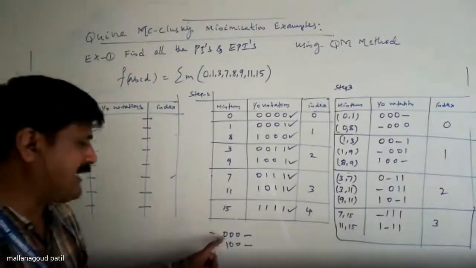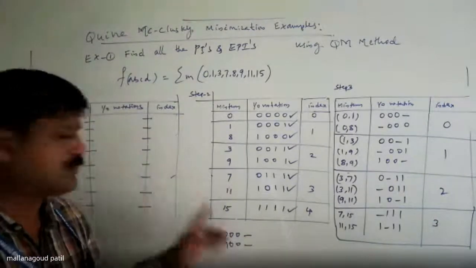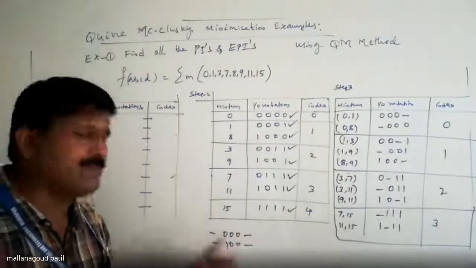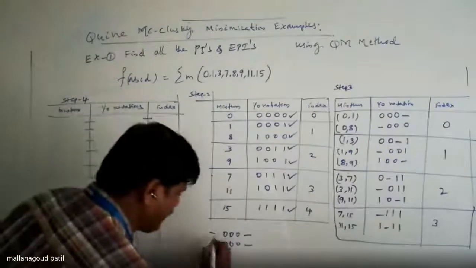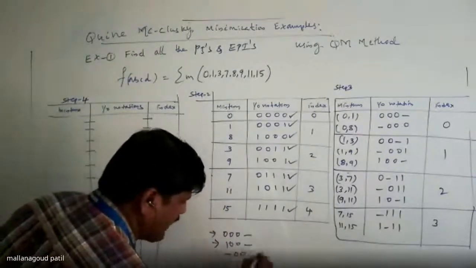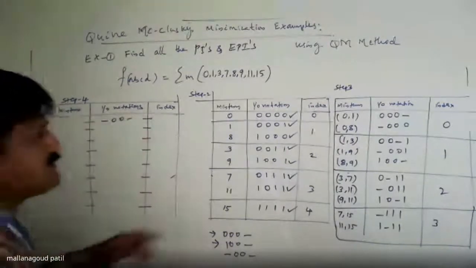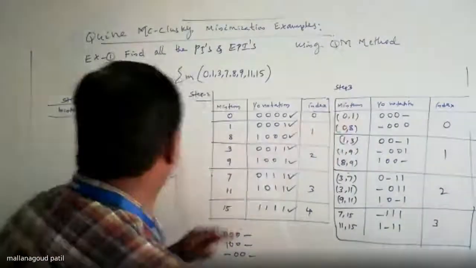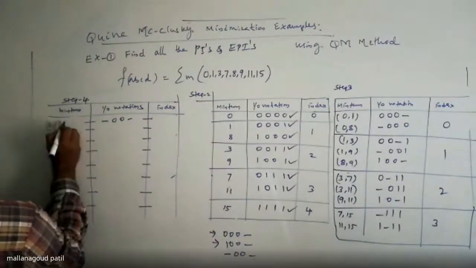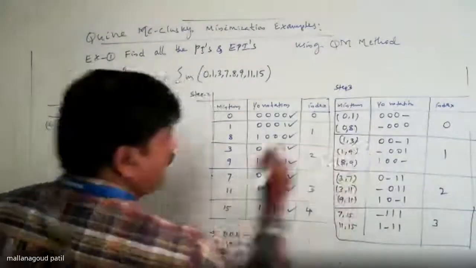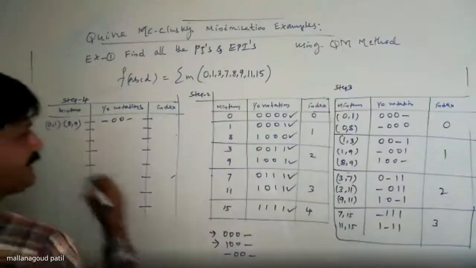Yes. First bit is differ, second bit is same, third bit is same, and fourth bit is same. Fourth bit is both the side don't care. Third bit is 0, second bit is 0, first bit is 0 and 1. Then what way you can represent this one? Dash 0, 0 dash. Then I can write here dash 0, 0 dash. But which minterms these two are? 0, 1 and 8, 9. Both you have to mark.